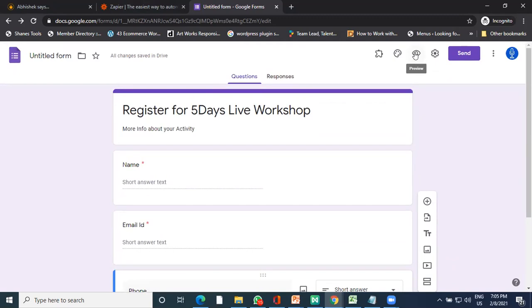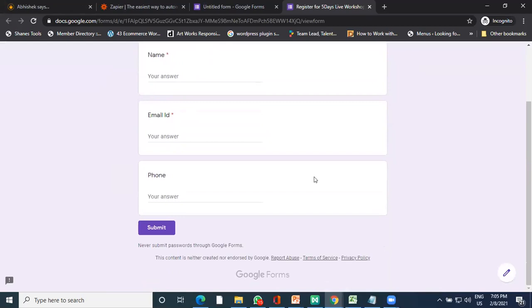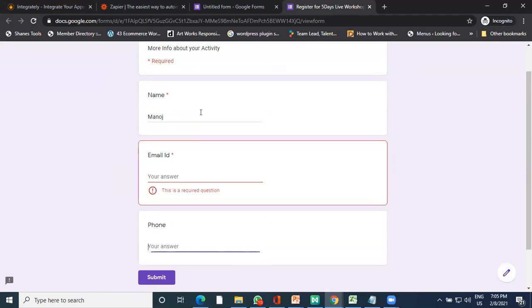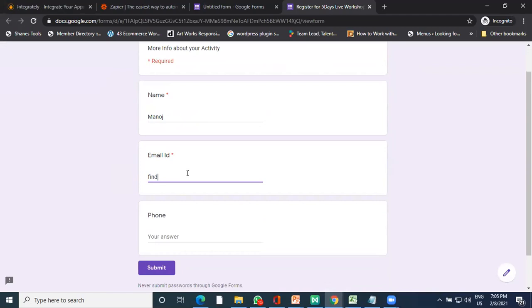Also, once you click on the preview, you will be able to see the preview of the form you have created, and how any of your audience will see it when filling up the details. So whenever you want to do an integration between your forms and your Gmail, you have to create your Google Sheet. And how does Google Sheet get created? It is automatic. So you just need to fill up your form with your detail. In case you want to check whether Google Sheet is coming up or not, it automatically comes up. Okay.